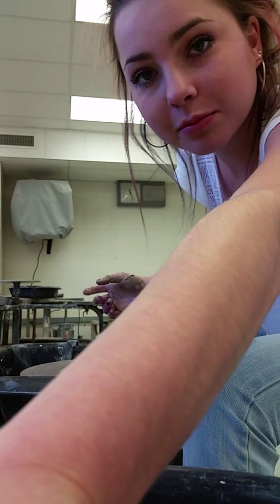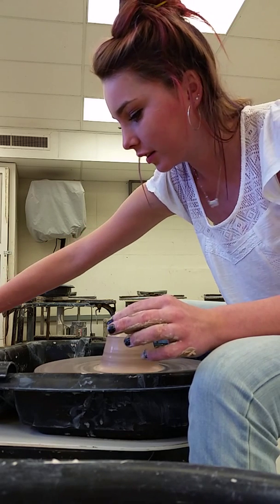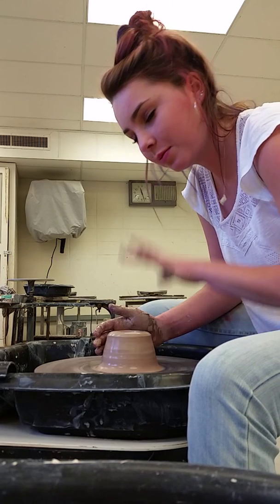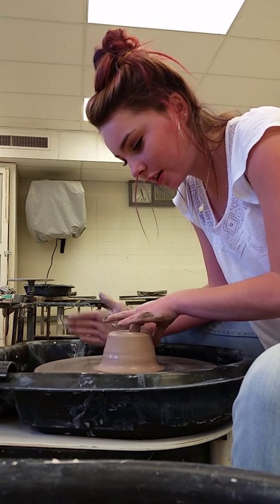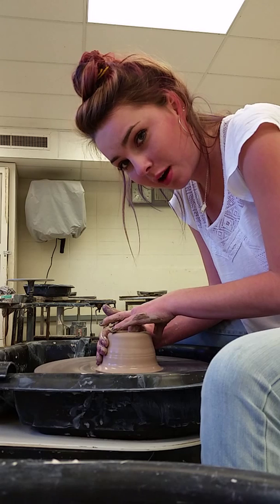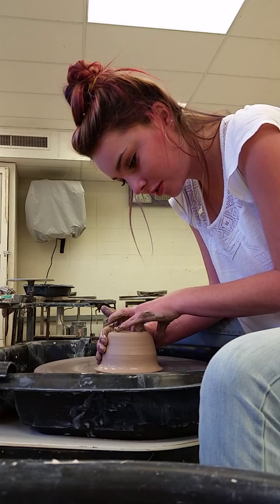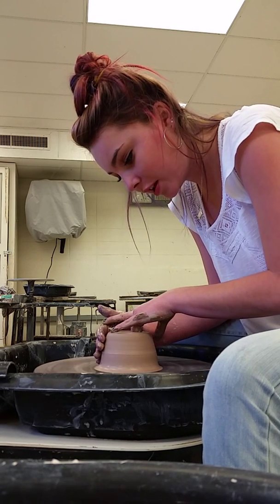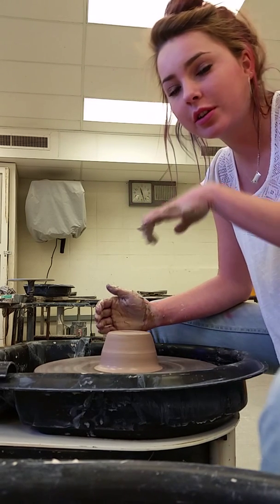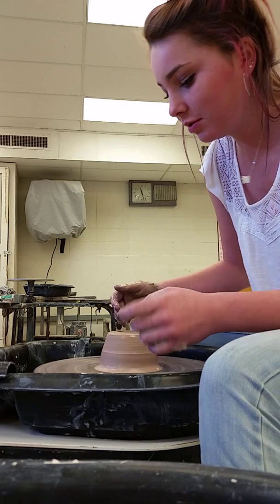And hopefully I set this back up, right? Okay, and now you got to make the bottom bigger. So you make sure your hands are wet, and you put these two fingers down there and this hand over top of it like that. Doing this also compresses the bottom. And basically you literally just drag out with your fingers. Then depending on what kind of thing you're making, you curl your fingers in. You don't curl it in if you're making a bowl, because obviously you don't want a 90-degree angle on a bowl. But for a cylinder you do,